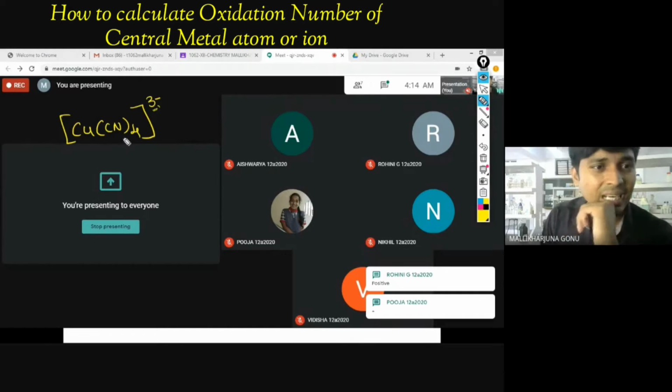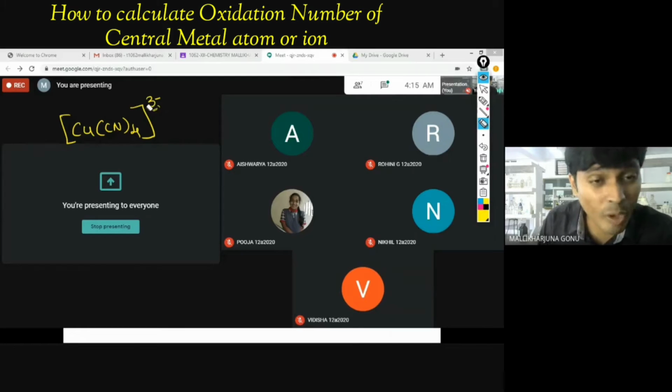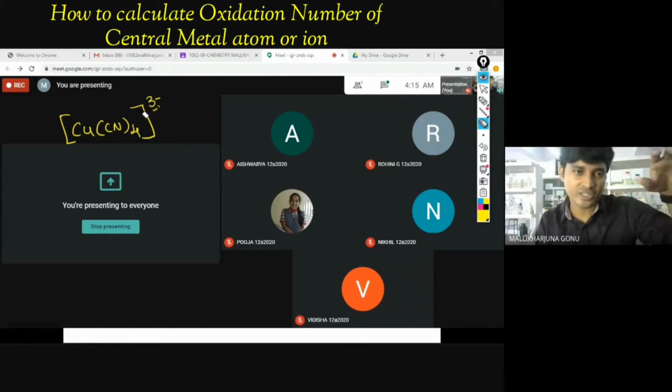So what is basically positive? For example, there may be K3 or Na3, or Al. One Al can donate 3 electrons, so that type is also possible. Since the valence of K is plus 1, that should be 3 positive. That is the meaning of that. So don't worry. Whenever the total compound is given, you have to find it out the same way. You have to find out what the charge on the coordination sphere actually is. Then you calculate.